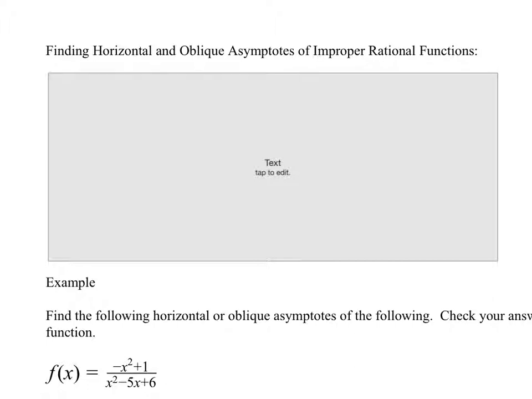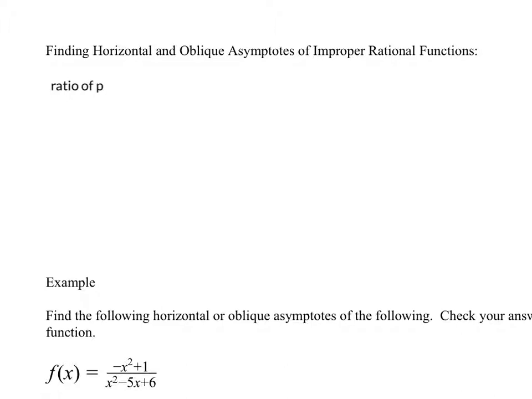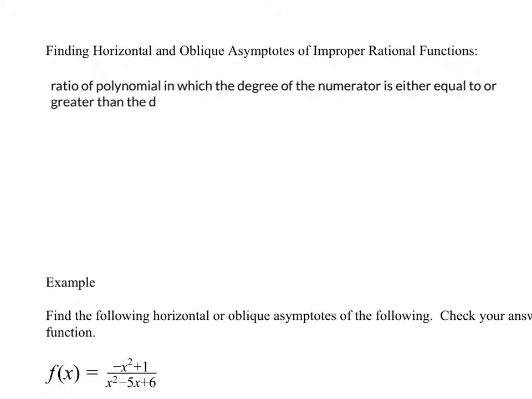So an improper rational function is a ratio of polynomials, so a rational function, in which the degree of the numerator is either equal to or greater than the degree of the denominator. So we have to talk about each case. So when the degrees are equal,